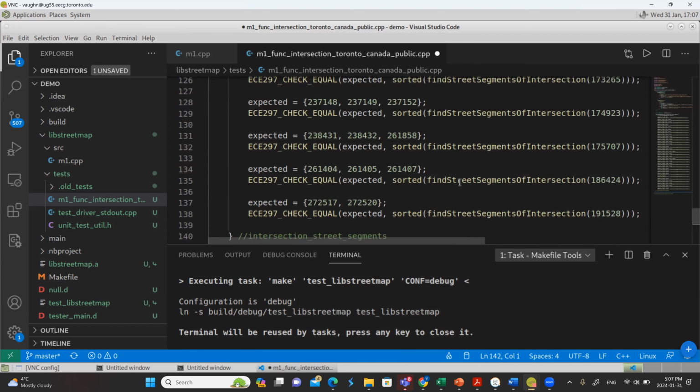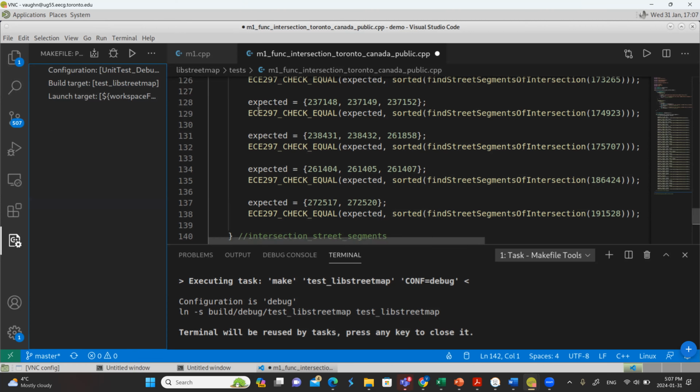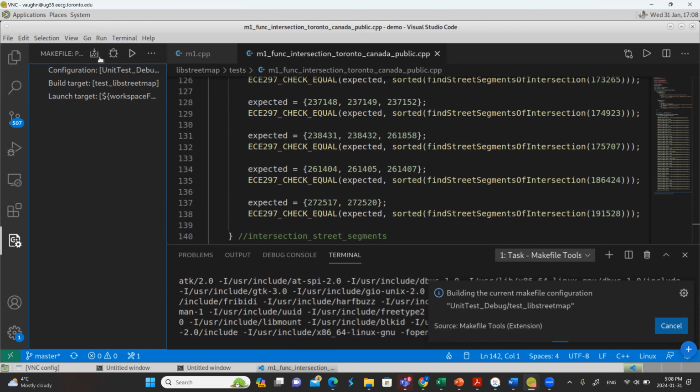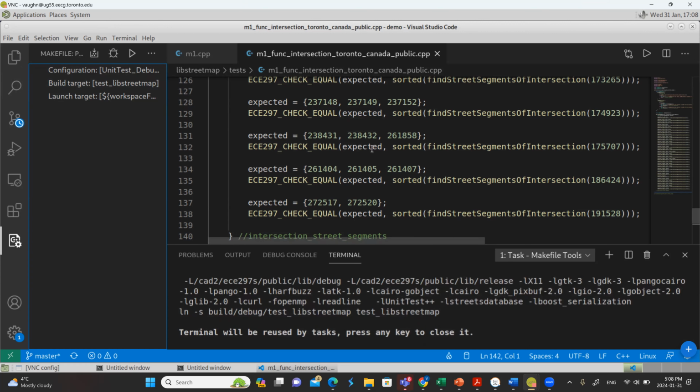My file got shorter. I'm going to rebuild this. Hopefully it will rebuild. Oh, actually, one thing. If I rebuild from the UI, it'll probably be fine. This dot means the file has been modified and it's not saved to disk yet. So if I rebuild in the IDE, it knows it should save it to disk. That should have saved it to disk, but I generally just hit Control-S all the time to save it. If you went out and typed at the command line make right now, you wouldn't actually get the latest code because you haven't saved it. So don't forget to save your files.